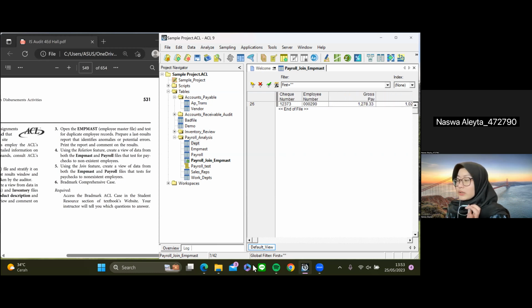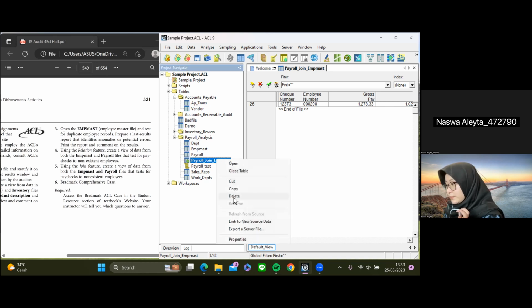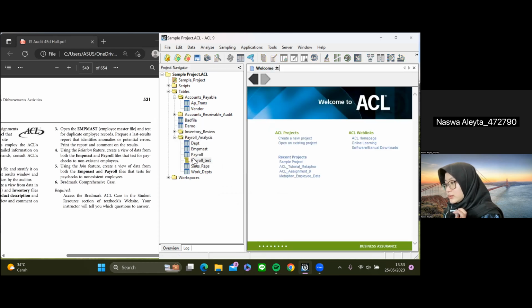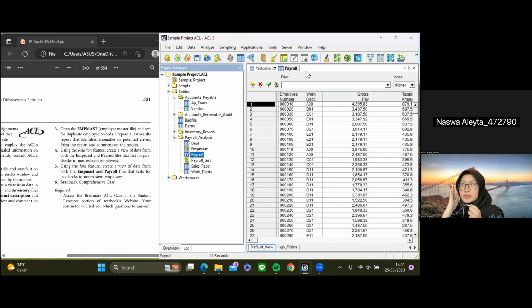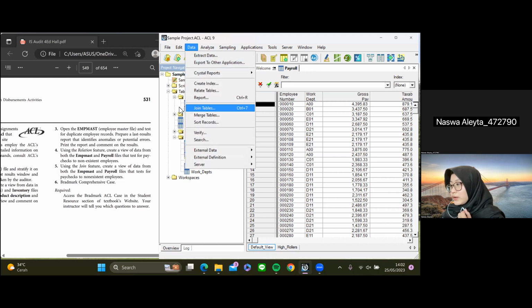However, we know that in the relation table previously, they actually have three data that shows that there are no names for the particular employee numbers. So we're going to try to fix this by maybe deleting this one. Okay, so we're going to delete these. Since in the previous attempts we still have just one finding, we're going to revise the way we join the tables. For this one, I have already picked the employee master file as the secondary